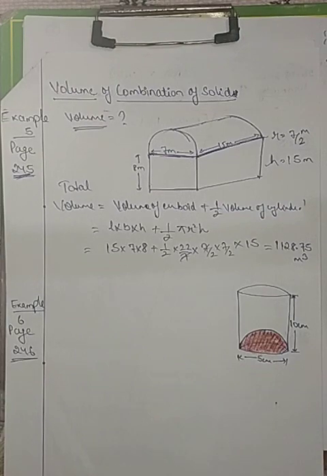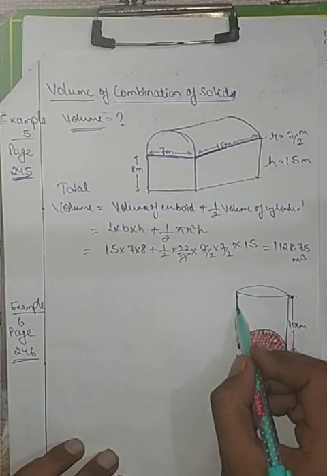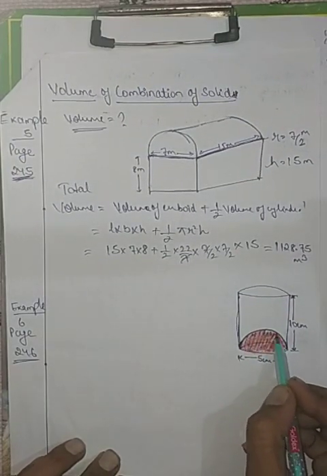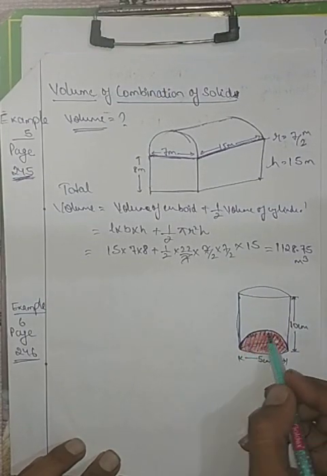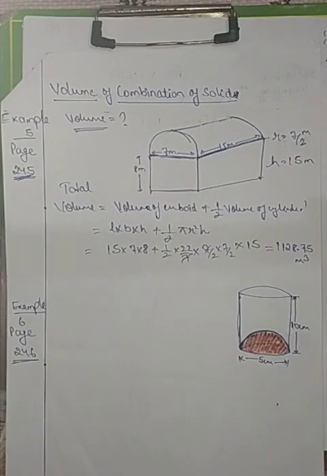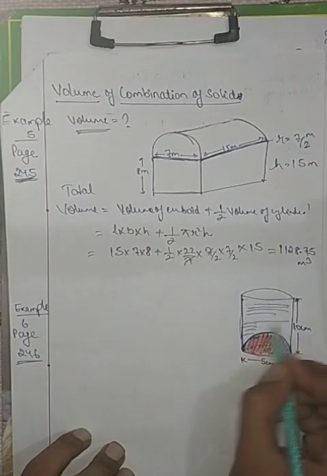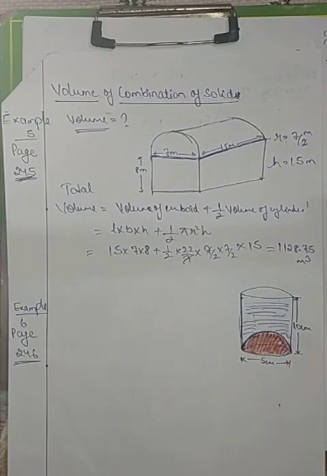Now the next question is example number 6 on the same page. What do they say? A juice seller is having glass in these shapes. The juice seller is trying to be very clever. Actually the glass has a hemispherical projection towards the top. Means this portion, the portion that is shaded brown, is not empty. The juice will come only in this portion and the brown colored portion will remain unfilled.